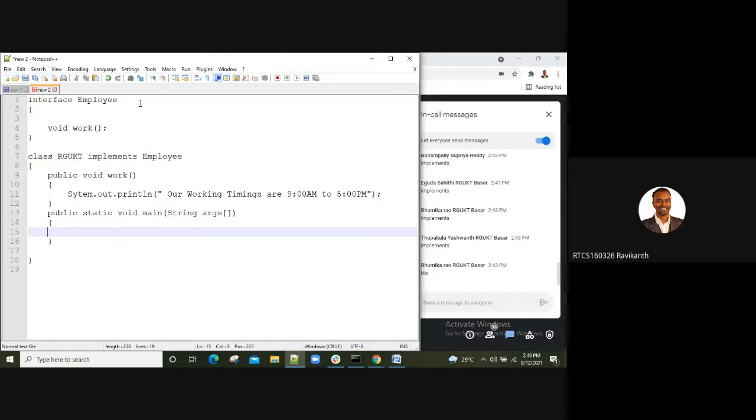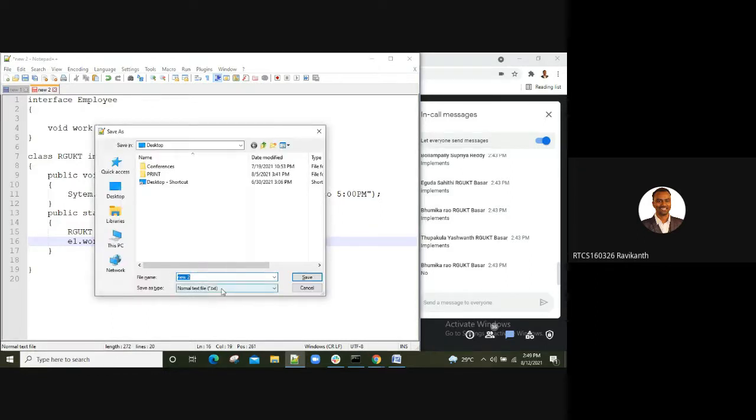Now I cannot create an instance of my employee, right? It's an interface, so I'll create it for the RGUKT class. Maybe E1 equal to new RGUKT. So E1 dot work of RGUKT dot java.